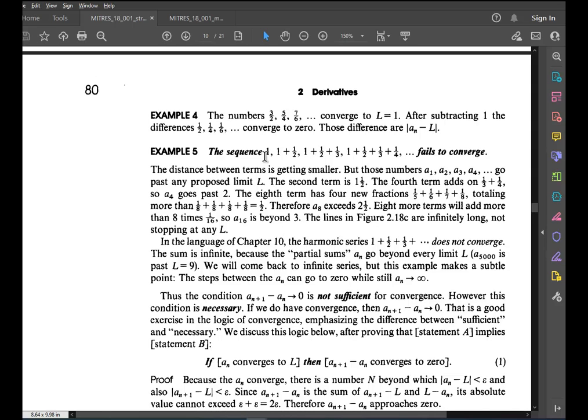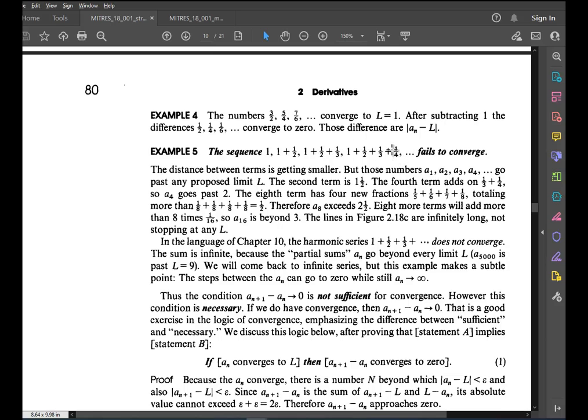Now here's an interesting case of a sequence. 1, 1 plus 1/2, 1 plus 1/2 plus 1/3, 1 plus 1/2 plus 1/3 plus 1/4. Next one is going to add another 1/5, add another 1/6, add another 1/7, and so on. Now it looks like this sequence is converging because you're always adding one fraction, and the fraction you're adding is